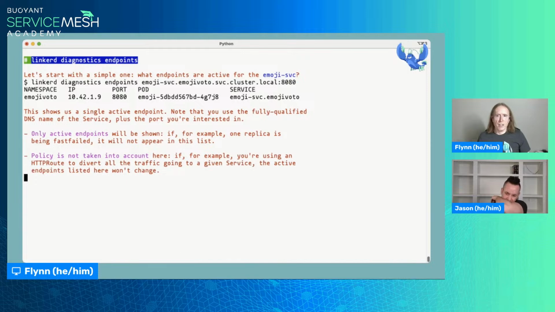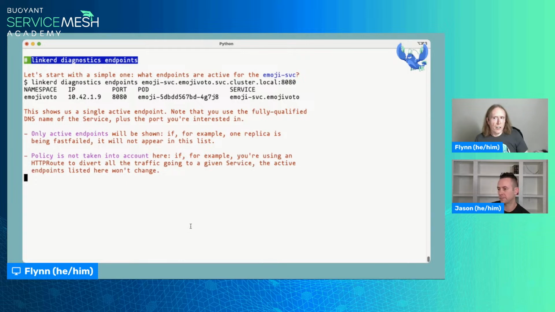But there are two really important things about this. The first one is only the active endpoints are shown. So if one of your replicas has fallen into failfast, then it's not going to appear. That's what makes this a particularly useful debugging tool. Another thing which makes this possibly a little less useful is that policy is not taken into account here.